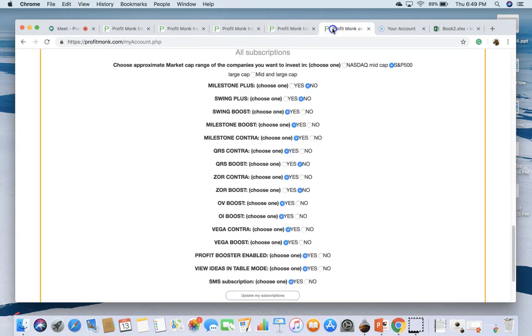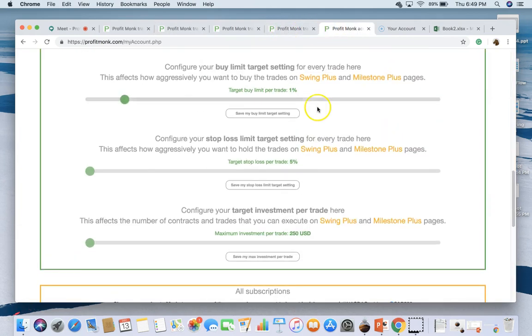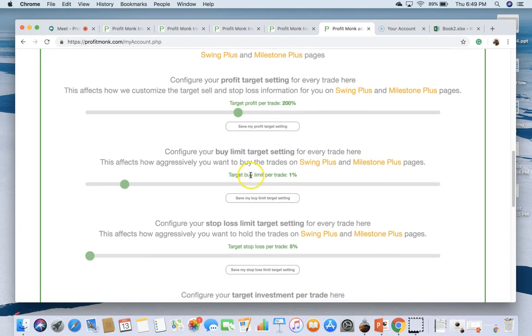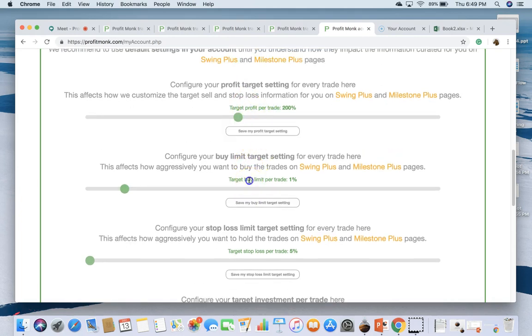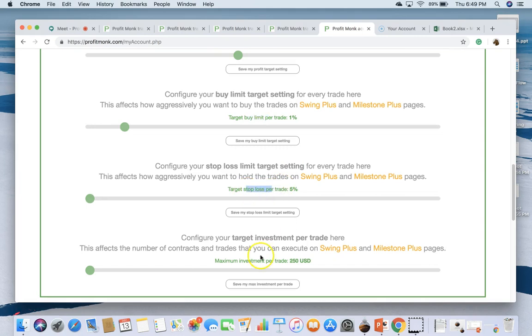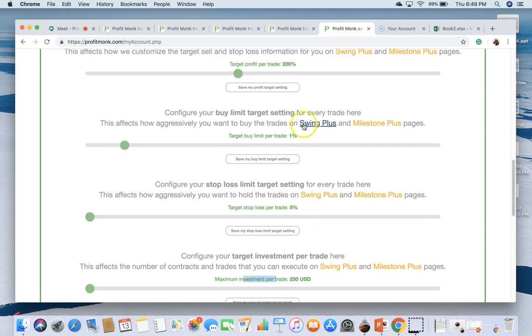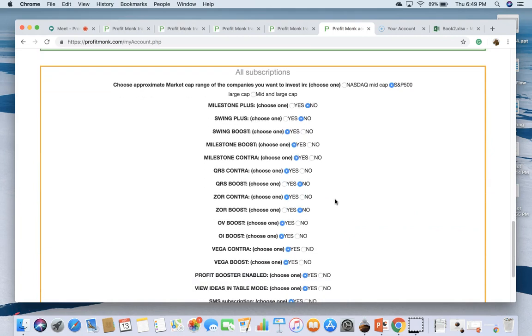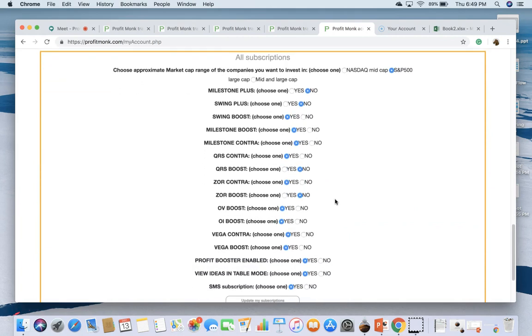The way you do it is you start with a particular combination. Let's say you start with this particular setting. First thing is, don't change this. You can play around with these settings as well, but keep these top 4 settings, which are target profit per trade, buy limit, target stop loss, and max investment, at a start point and don't change them. So I start with 200%, 1%, 5% target stop loss, and $250 of investment per trade. And then the question is, which strategies do I choose and how do I make that decision? So first,